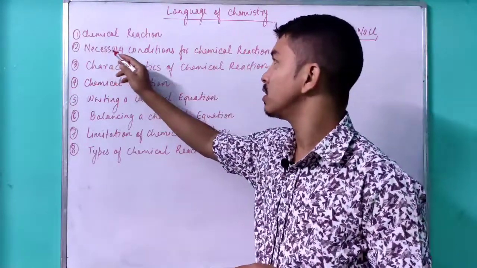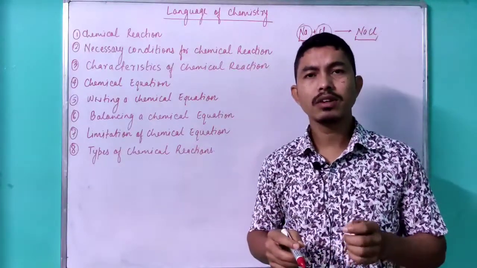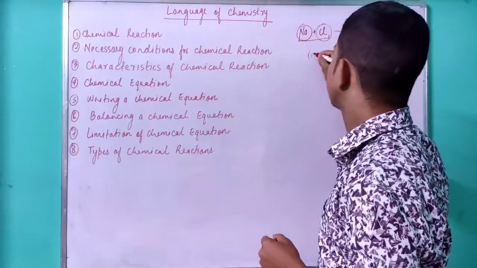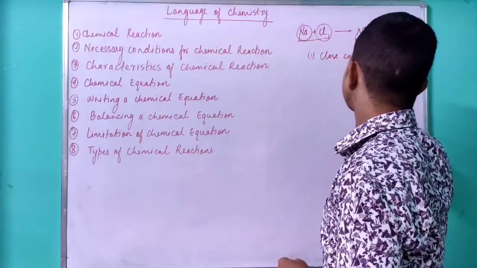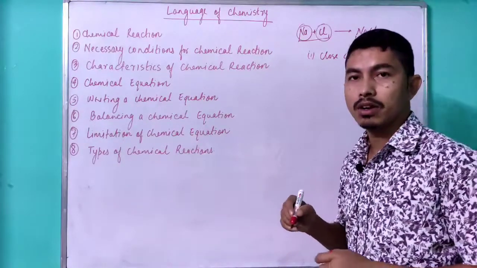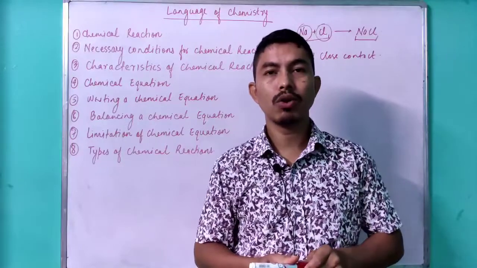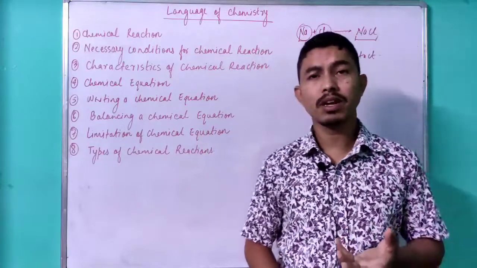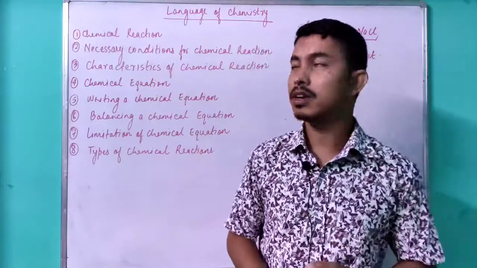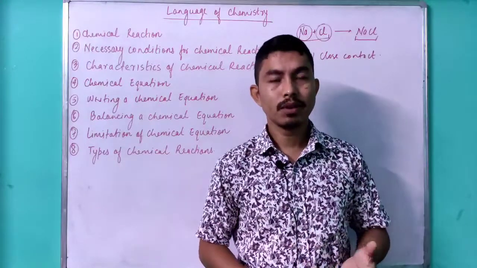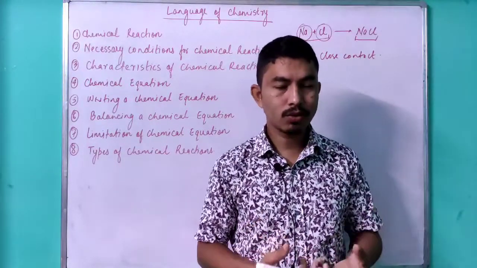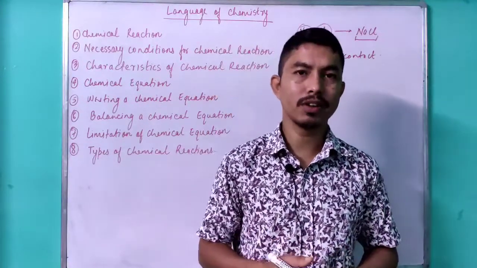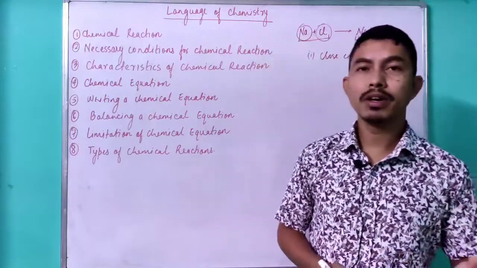Now coming to the second point, necessary conditions for a chemical reaction. There are some necessary conditions required for two reactants to react. The first one, they must be in close contact. Two reacting substances must be in close contact. That means you cannot make two substances react when they are in different places. Now the second necessary condition is, in some cases, the two reacting substances must be in solution form. Sometimes when two reactants react, a high temperature is necessary, sometimes even high pressure. Okay, so you may learn that from your book.